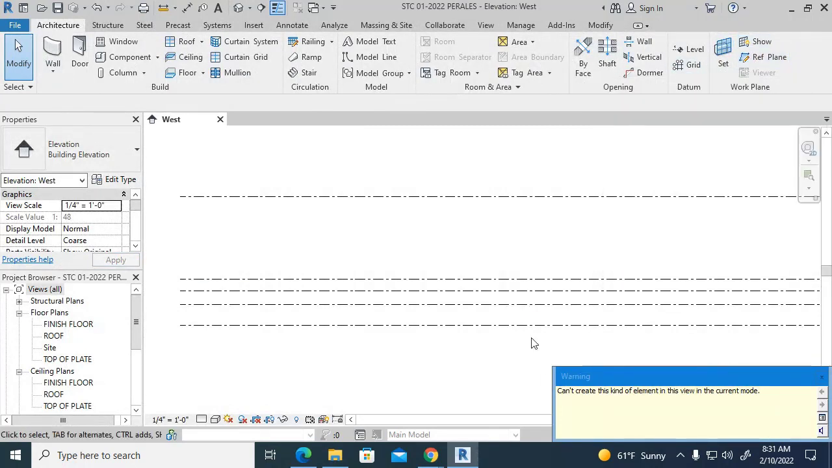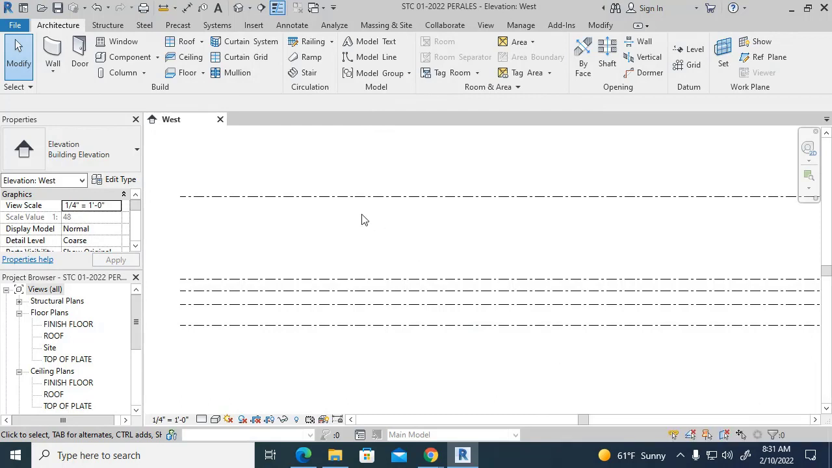When you do that, it's going to send it over. You're going to get this error message down here. Hey, we can't create that kind of element in this current mode, or view in this current mode. It's all right. But that lets us know that we brought it over, but we can't use it here, right? So I'm in an elevation, that doesn't work. Now,